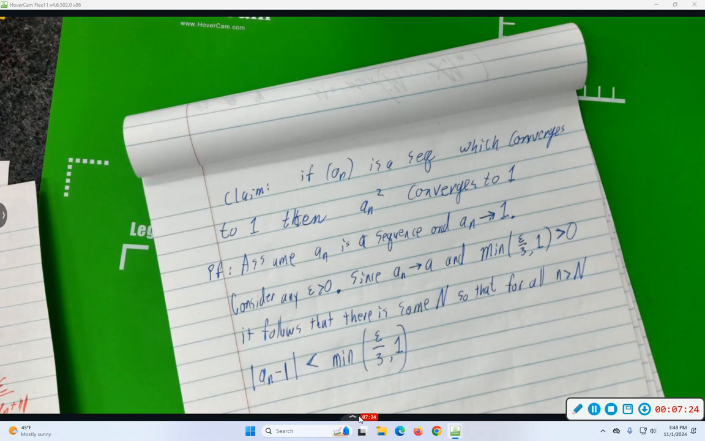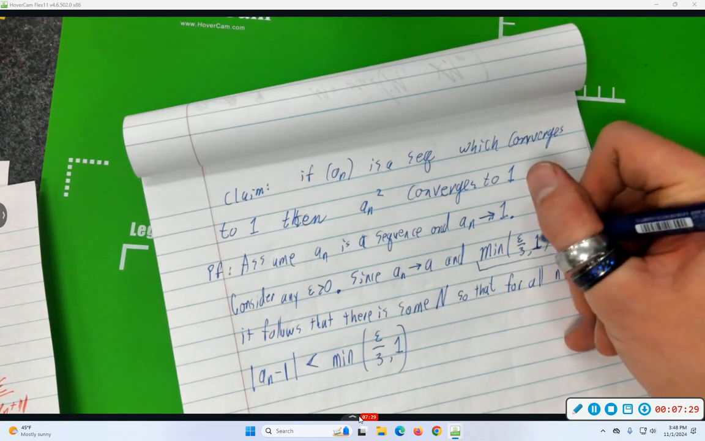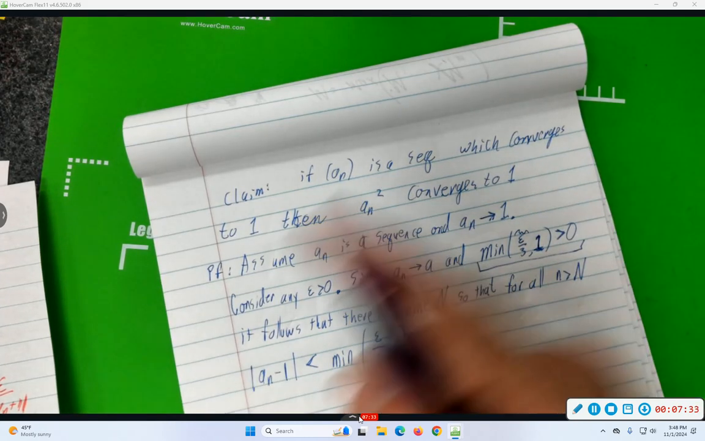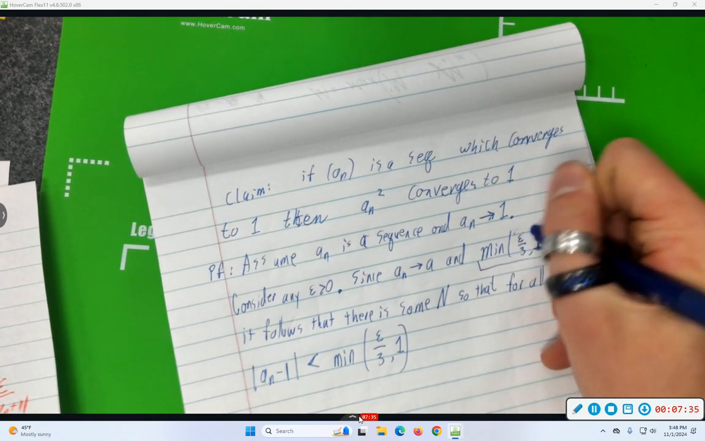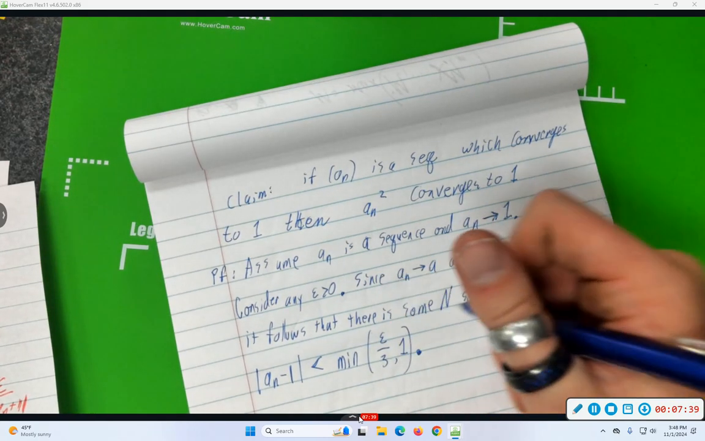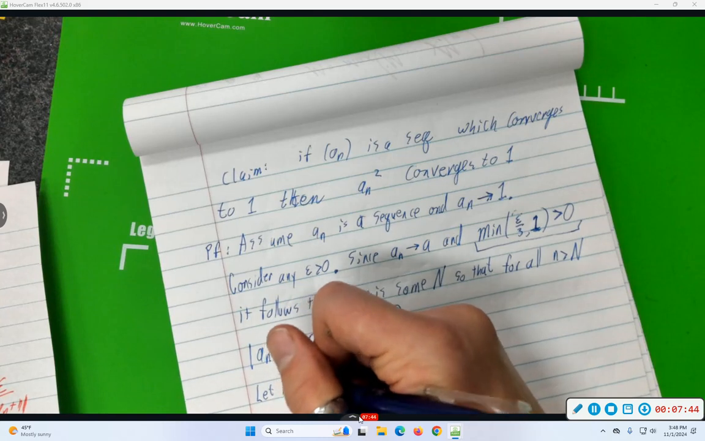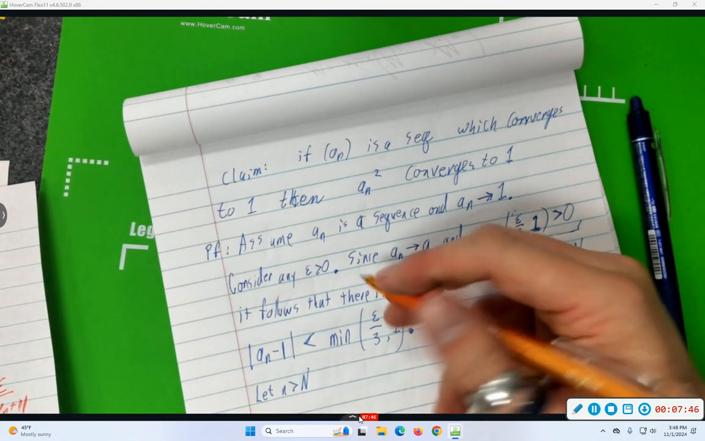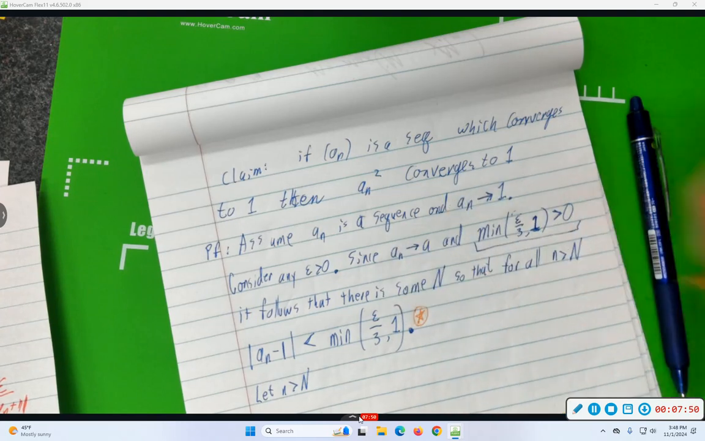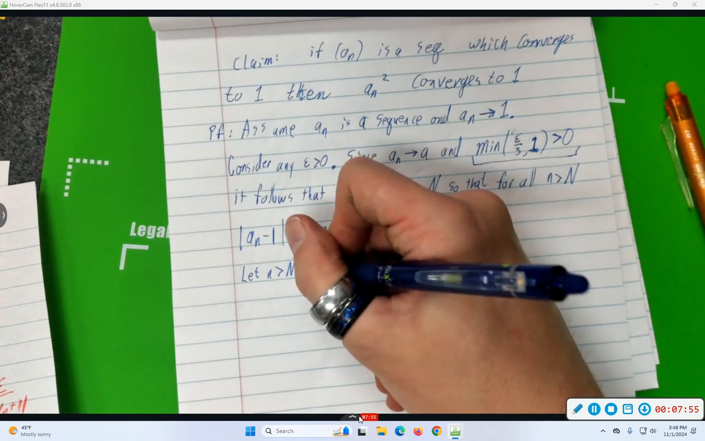And maybe I'll do a quick sanity check. Why is the min of this thing bigger than 0? Well, 1 is bigger than 0. Epsilon over 3 is bigger than 0. So since both of those things are bigger than 0, whichever one is smaller is bigger than 0. All right. So now let's let little n be bigger than big N. And maybe I'll even star this a little bit so I can fall back to it later on. Let little n be bigger than big N. Then